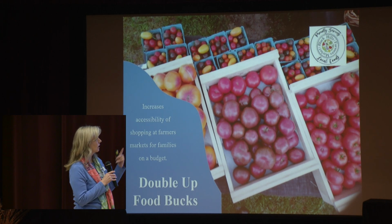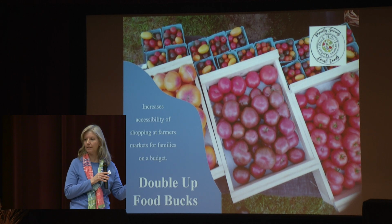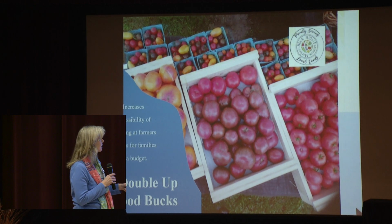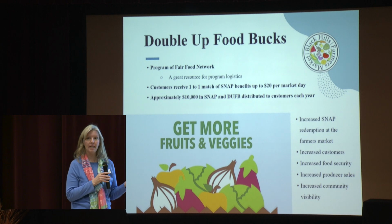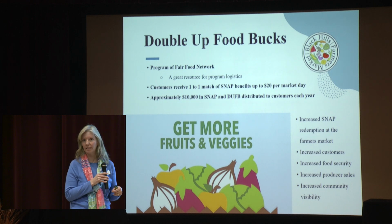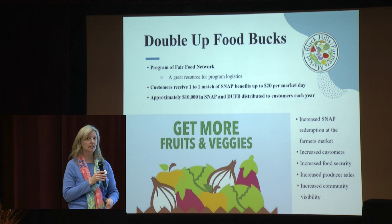That's bringing in a lot more revenue because of the federal funds that come in from SNAP along with it. And so it really doubles that value coming into the market. It is a program of Fair Food Network. Their website has just a wealth of resources, and their staff people too are really helpful for just the logistics, the nuts and bolts of